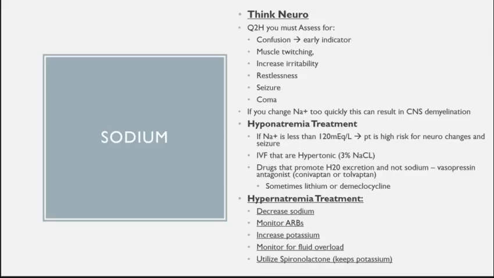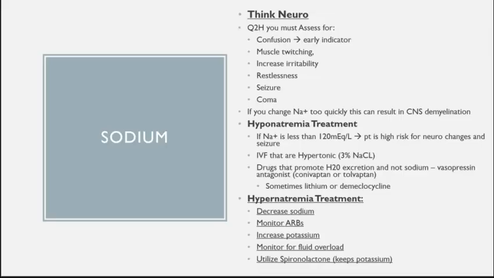And always remember your potassium, most of the time, is doing the opposite of your sodium. So if your sodium is going to be high, your potassium is going to be low. And what are you going to monitor for that? Probably a heart attack, right? And this is important to remember. So if we're trying to make our patient pee out that sodium, we don't want them also urinating out potassium. So the diuretic that we could use in this scenario, if their sodium is high and their potassium is low, is spironolactone. That is going to retain the potassium.